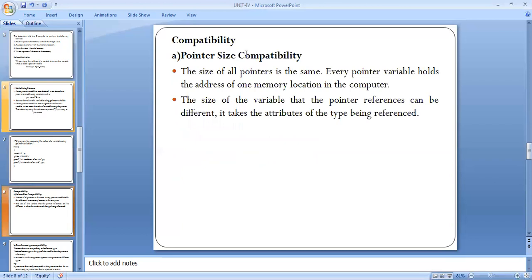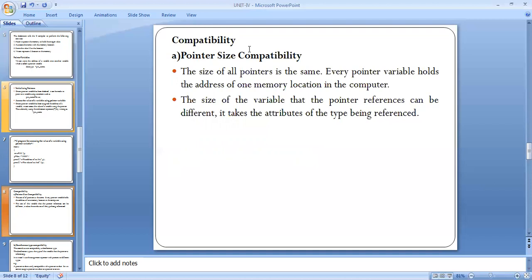Compatibility means the size of the variables stored in pointer memory locations. Compatibility can be defined in different types. One is pointer size compatibility.